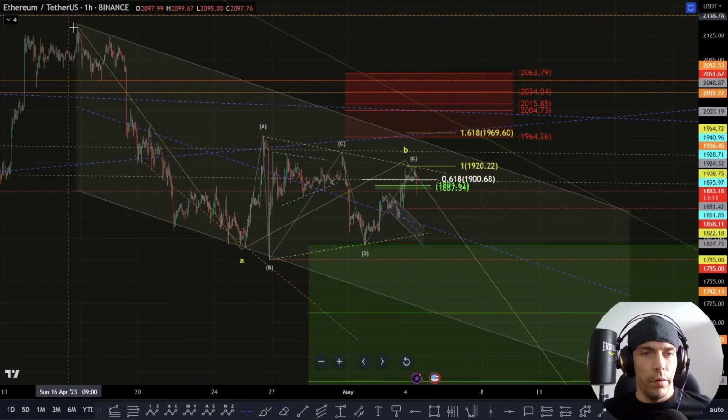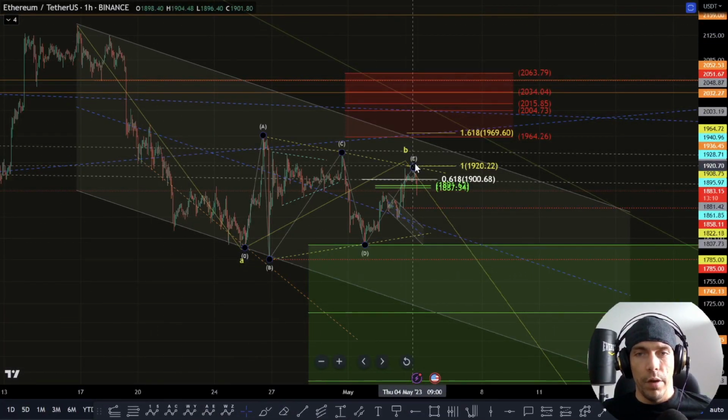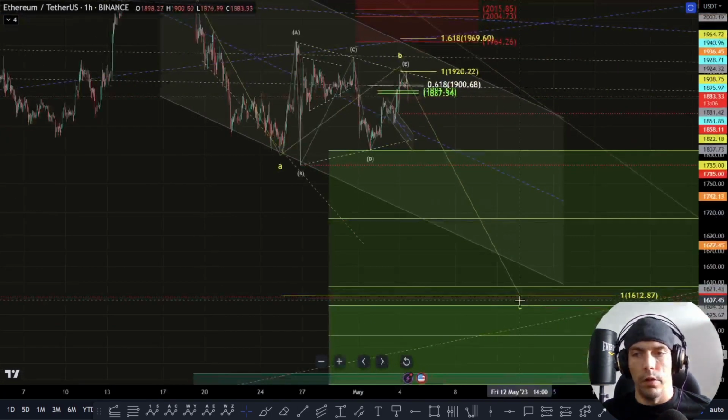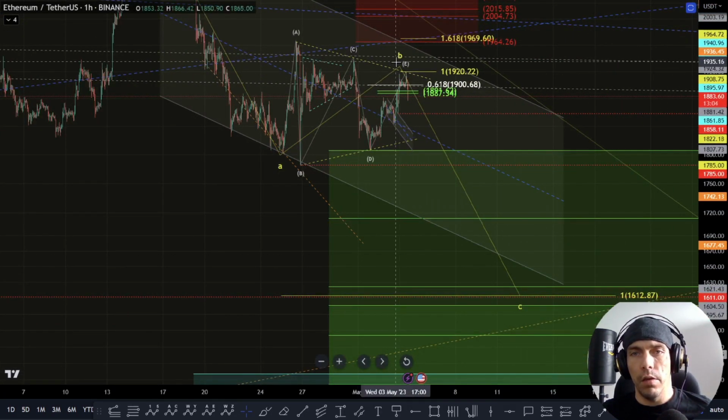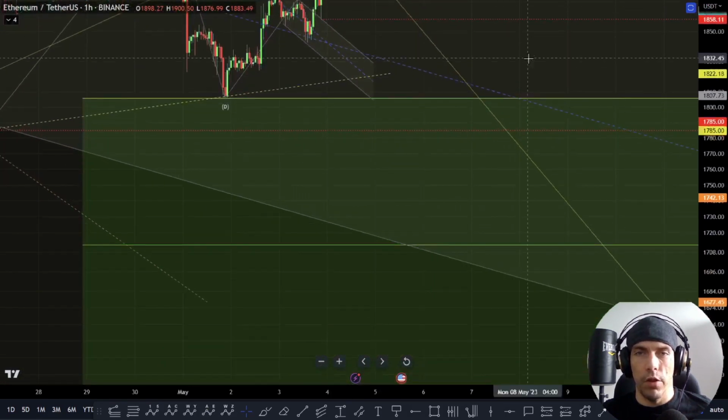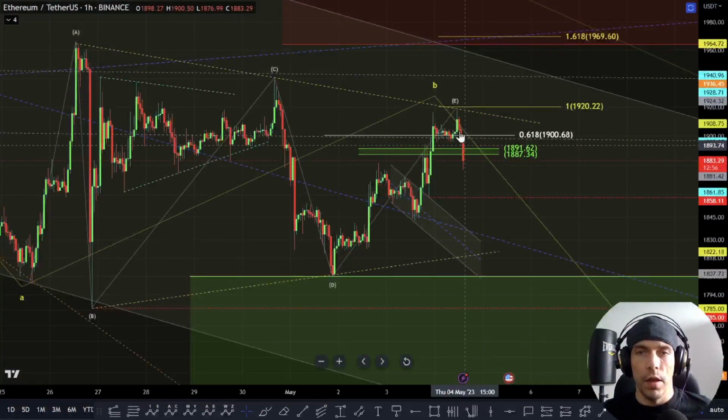So what we were talking about previously was looking at this potentially as an A wave, looking for a B wave as a triangle, and then looking for this continuation to the downside as a C wave. So that typical area we're looking for was this 1-to-1 at the 1612. Now, because of the fact that we've actually had a rejection of this zone, I'm waiting to see whether we